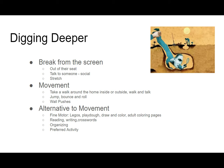Now, not every single kid needs movement, and for different reasons, movement is not always possible. So here are some other ideas. I say, hey, we need a movement. You need to move around. You need to talk to people. Well, some kids just beat a little bit differently, and that is fine. You be the judge. You see what works, what's distracting, what's helpful, and help your child find the best way to use their breaks at home. So things like Legos, Play-Doh, drawing, coloring,